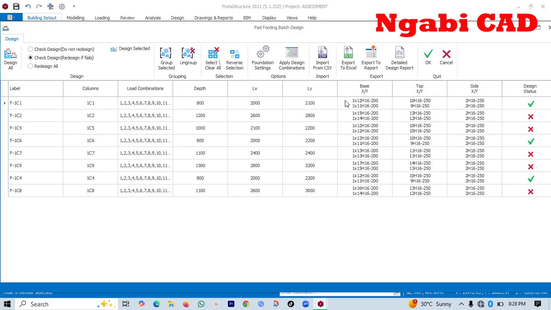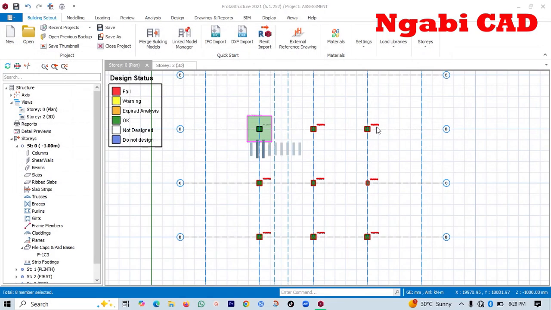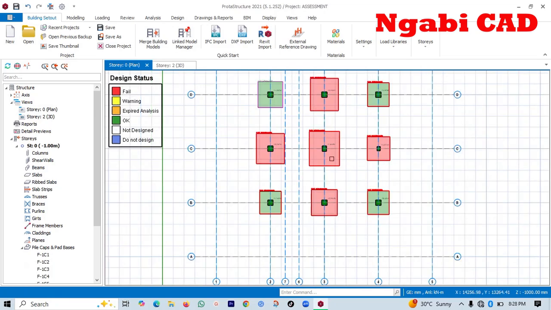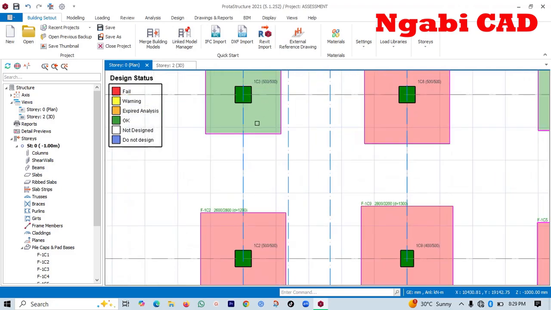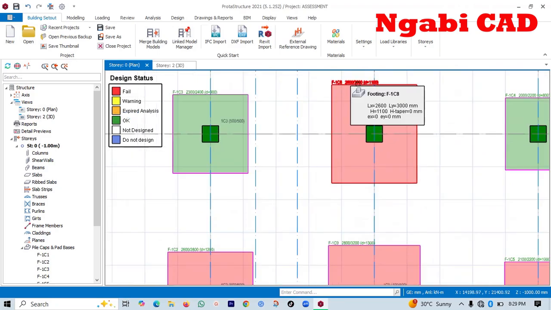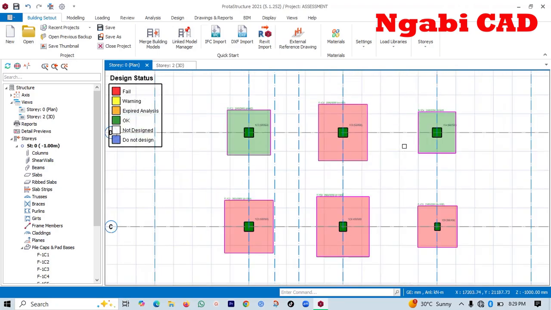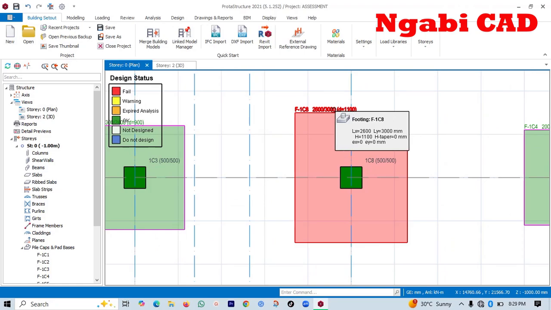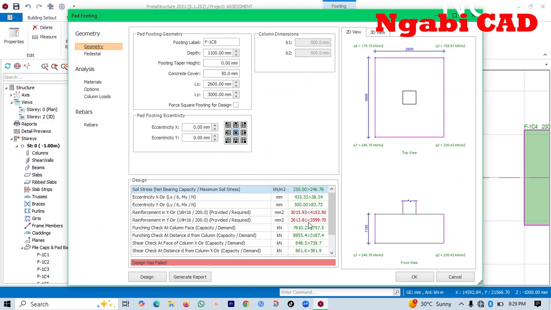And as you can see, it has designed, but only 3 are passing. So we press OK, and it will put them here. The columns which are in red mean that they have not passed, and the ones which are in gray color have passed, the pad footings. So in order to make these ones pass also, we have to double click on it and look at what is missing. As you can see, the area provided is less than the area required, and so we have